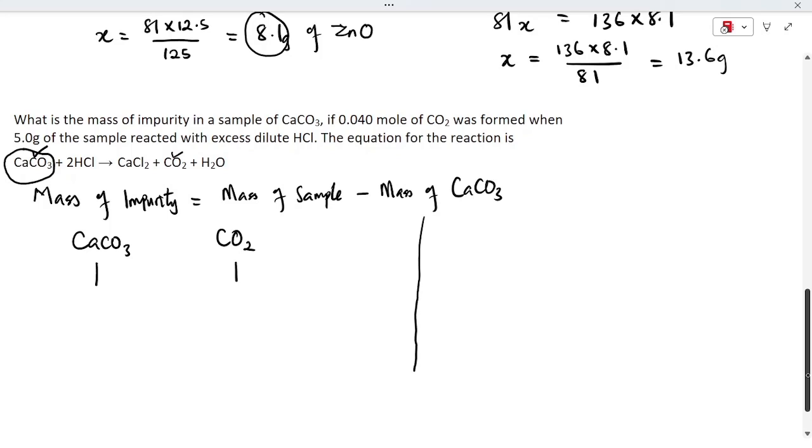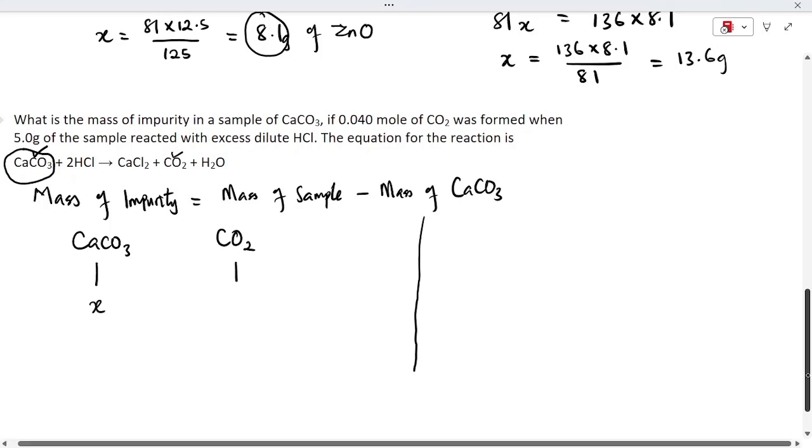Then, we don't know the number of moles of calcium carbonate, that is X, but we know that 0.040 moles of carbon dioxide will be produced. That will be 0.040. So once you cross multiply, X times 1 is X, is equal to 0.040 moles. But as we said, the question is asking you for mass. So even if you solve with mole ratio like this, you must convert this value back to mass. So therefore, the mass of calcium carbonate,